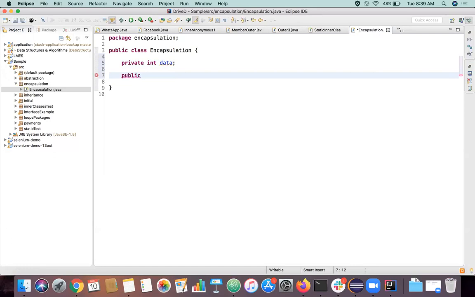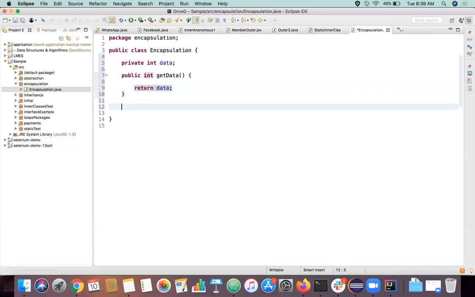Public, the return type of this method is int, I'll say getData. I'm just going to return this data, nothing else, right? And I have one more method, public, the return type will be void. I'll say setData, and inside this I'll have one argument, int data.